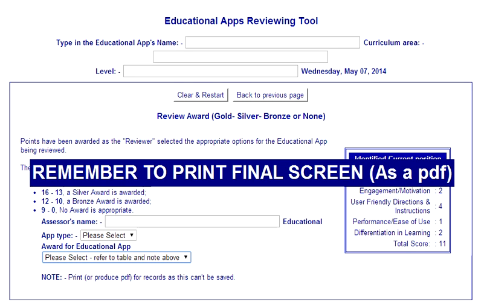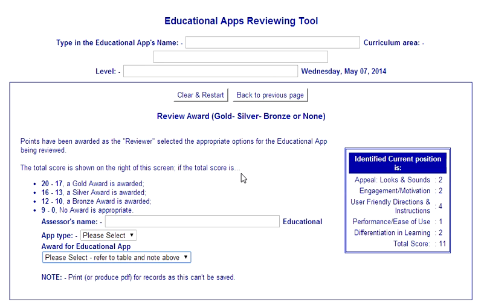Don't, for goodness sake, just shut it down. You'll lose everything that you've put in. Once you've printed it off, it could be printed as a PDF, and a number of people have done it. You can compare results. I do propose at some time to produce a Google form for people to fill in,